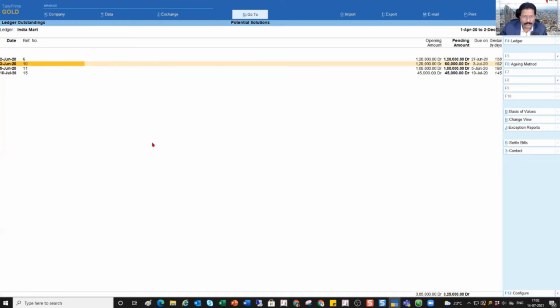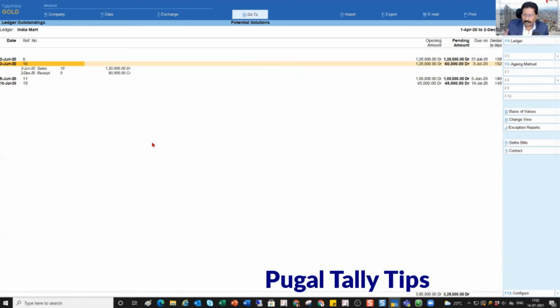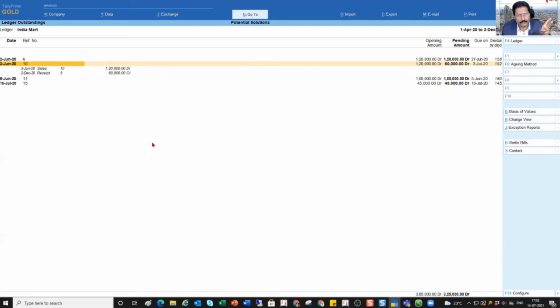So Shift Enter again to collapse, Shift Enter to explode. This is a very useful keyboard shortcut. Remember or make a note of this. Many places you can use this to avoid one long list of detailed information, right? So for specific selective information, use this Shift Enter. Right. So this use case number 2 is over.